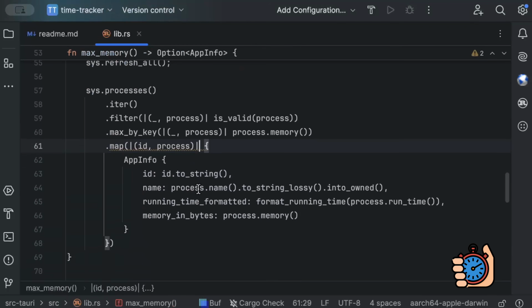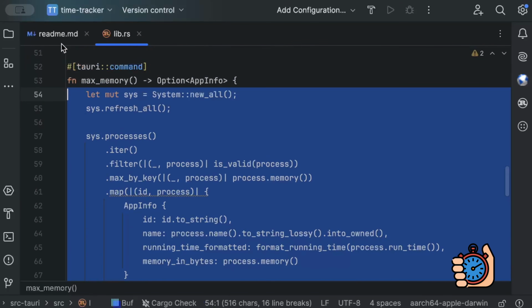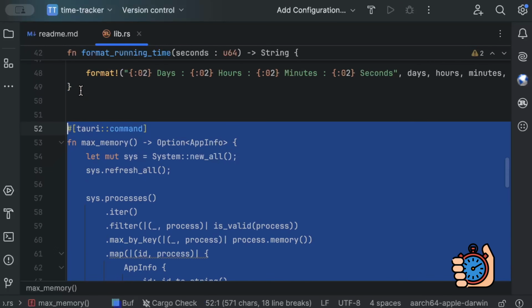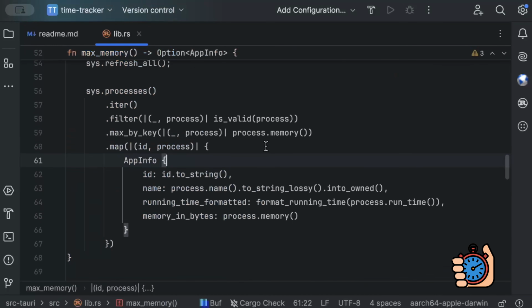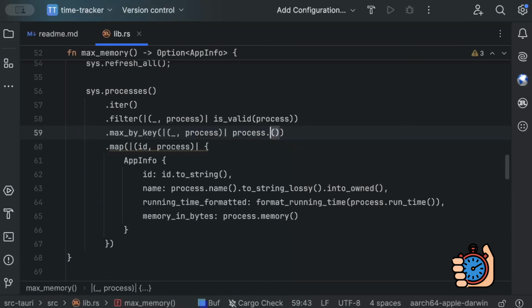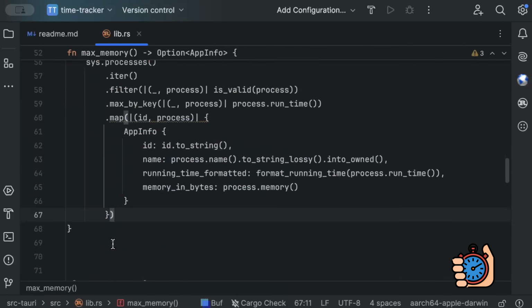So once we have our max memory, we'll just copy this and add max running time as well. So for this, we'll just do is process dot run time, and everything else remains as it is. Yes, so let's